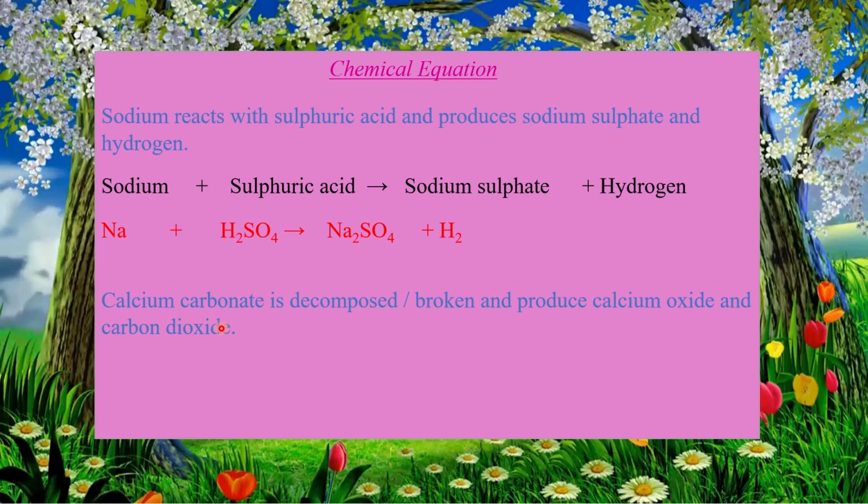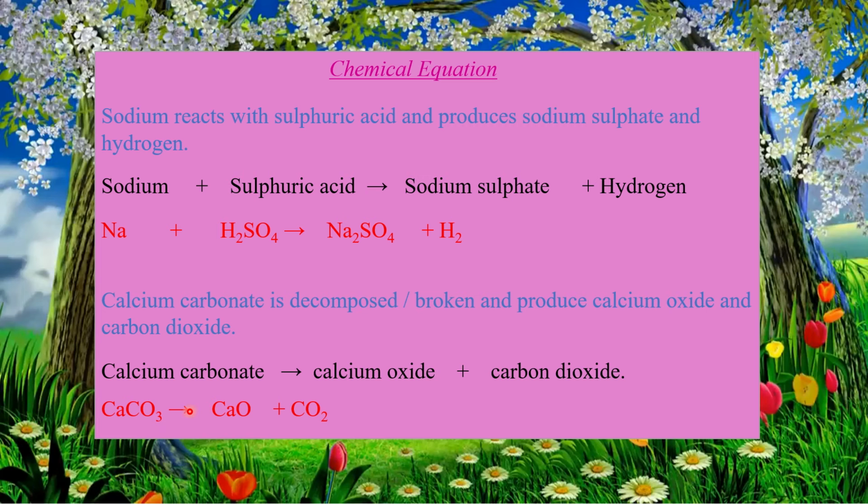So the reactant is written on the left side, calcium carbonate, then one arrow sign, only one reactant is there. After the arrow sign, the products will be written by using one plus sign, that is calcium oxide plus carbon dioxide. Now, you know the formulas of calcium carbonate, calcium oxide and carbon dioxide. This is CaCO3, one arrow sign, then calcium oxide CaO plus carbon dioxide CO2.